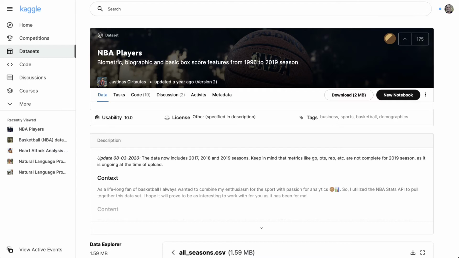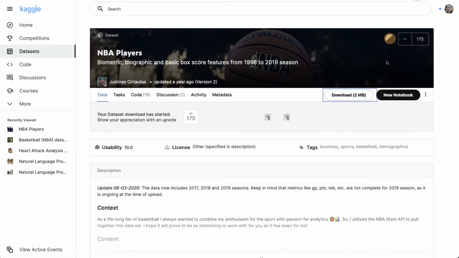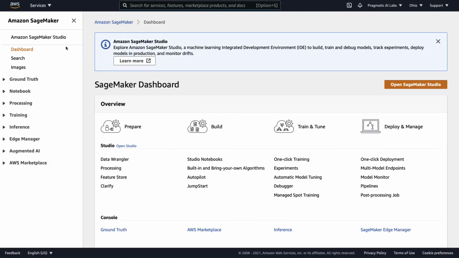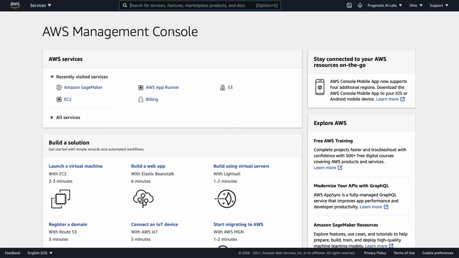So this is a NBA data set that I decided to download from Kaggle. There's nothing particularly that interesting about it. It could be any NBA data set or any data set that I want to work with. I went through here and downloaded it. Once I've downloaded it, the next thing that I would do is I would go over to S3 here and